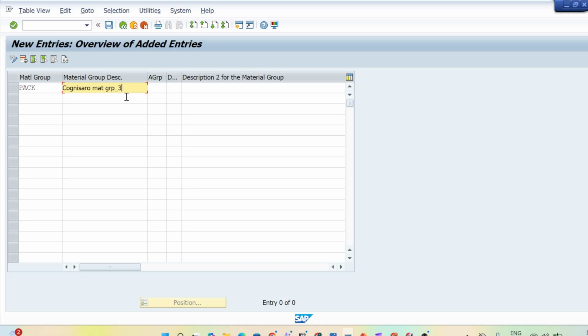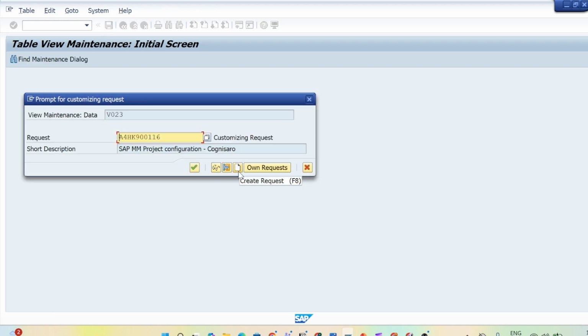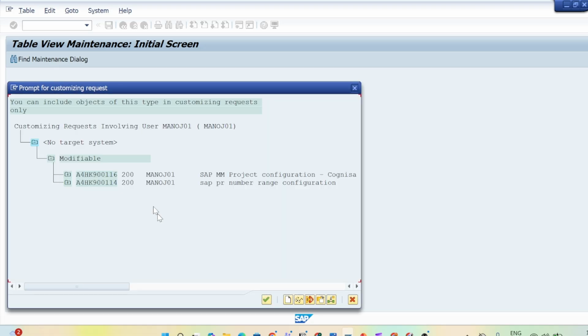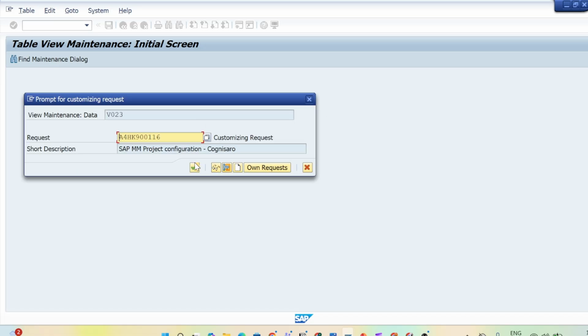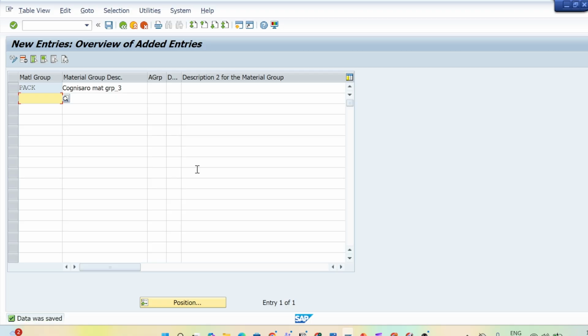Hit enter and save it. If we want to create a new request, we can simply create one, but we can also use our own TR request. We can check it from here, and we can create it from here itself. So hit enter and save it.